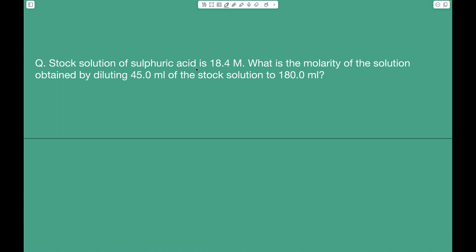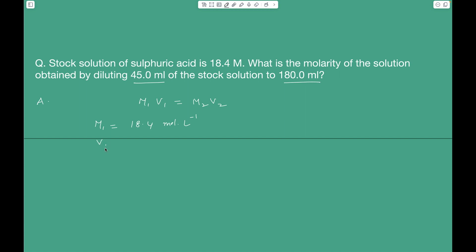Stock solution of sulfuric acid is 18.4 molar. What is the molarity of the solution obtained by diluting 45 ml of the stock solution to 180 ml? This is a straight question. The dilution equation is M1V1 is equal to M2V2. Now the molarity of the stock solution is given as 18.4 mole per liter,